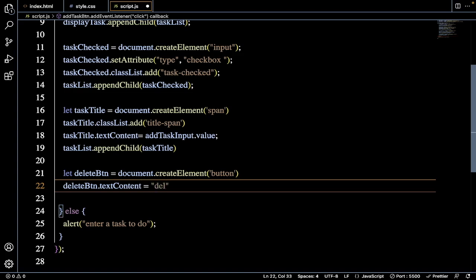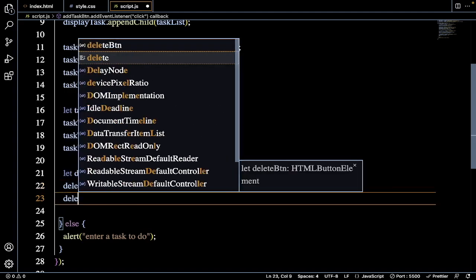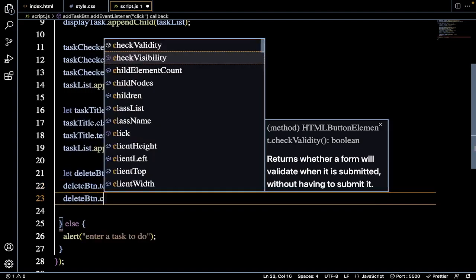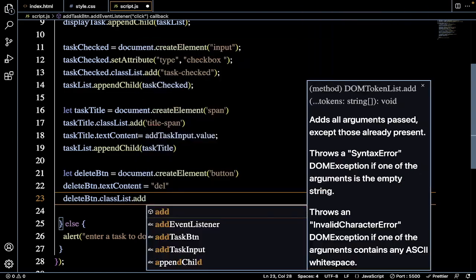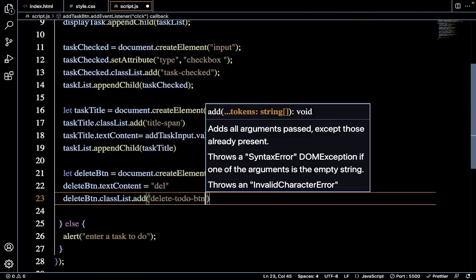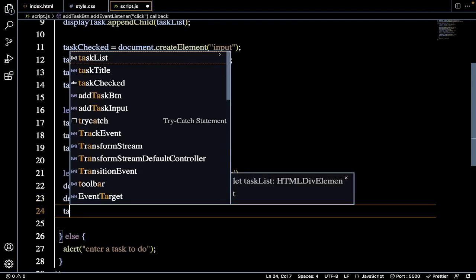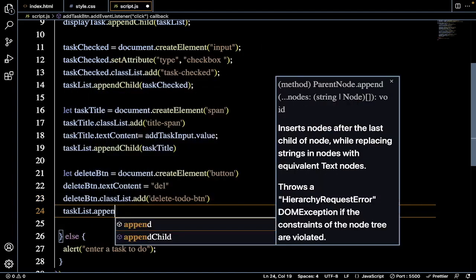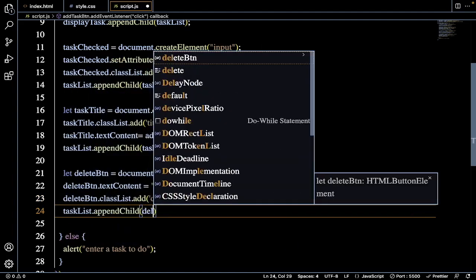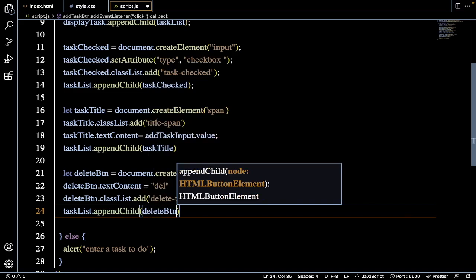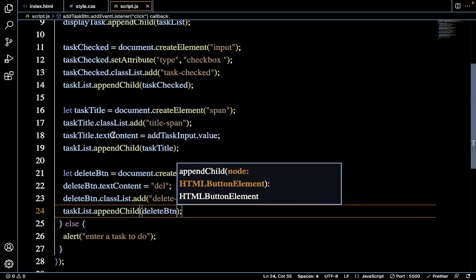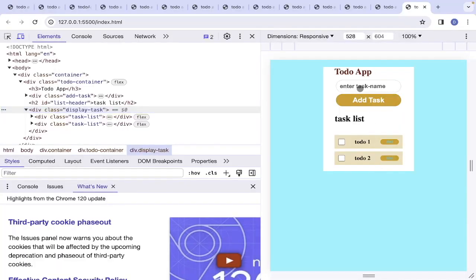Del for delete. And we have to add the class to it. Adding this class to it. Delete to do btn. We'll finally append it to the task list. Delete btn. So now if we inspect the page again, after saving this,